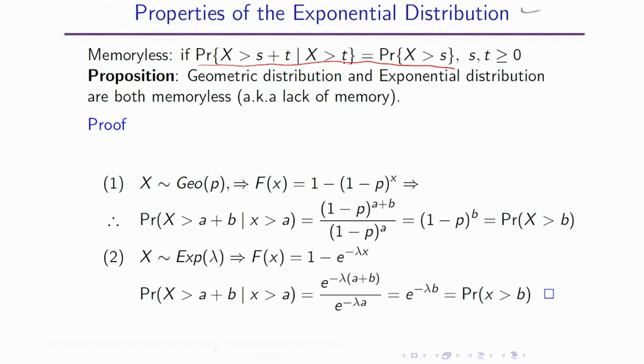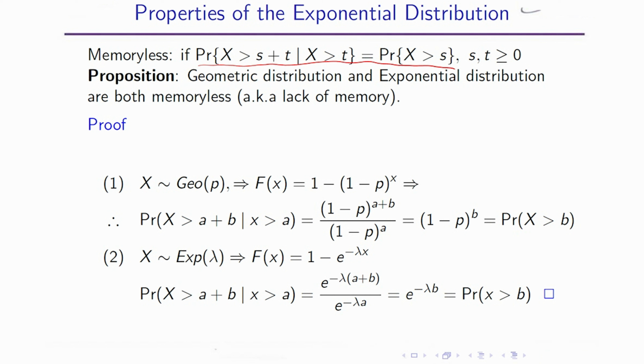That means whether or not you know X is greater than t, it does not affect the distribution of X. There are two distributions that have the so-called memoryless property: the geometric distribution and the exponential distribution. We'll prove why these two